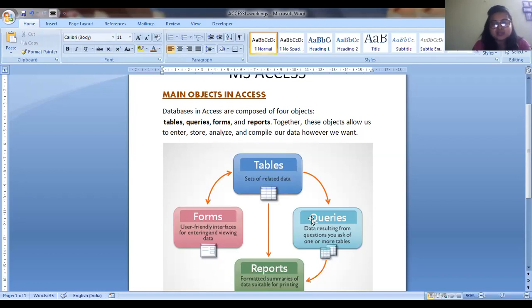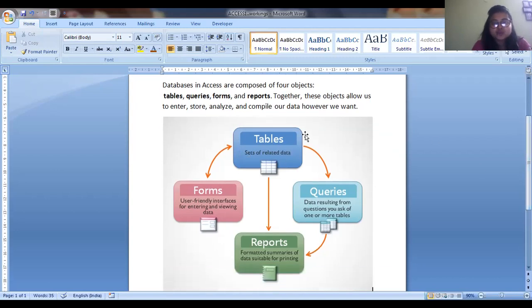As you can see in this image, it says through tables we can prepare queries, reports, and forms. So to go on to forms, queries, and reports, the most important thing is tables.